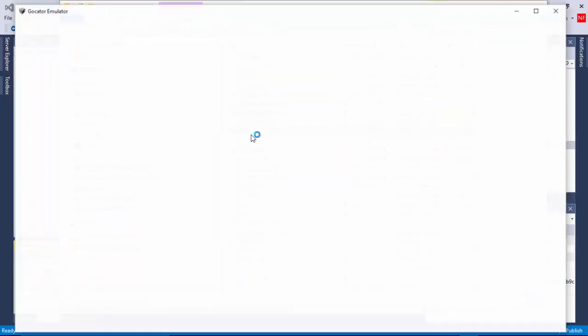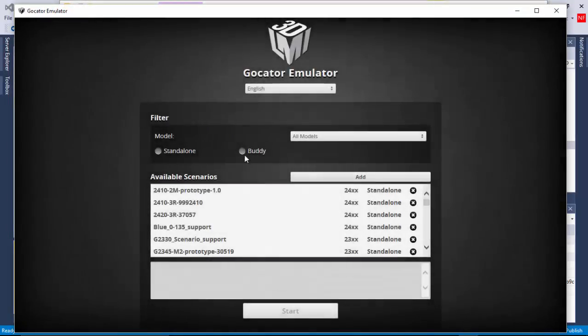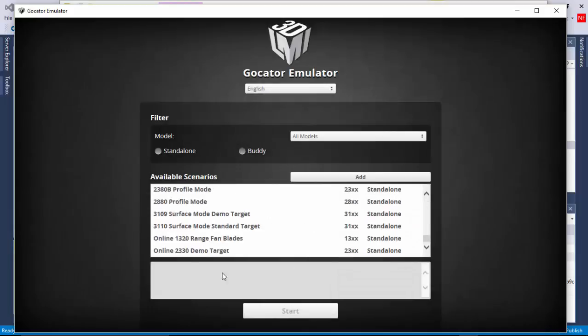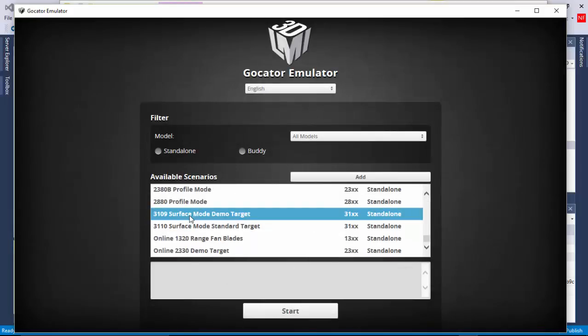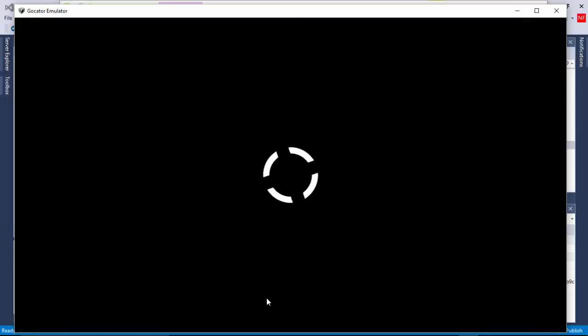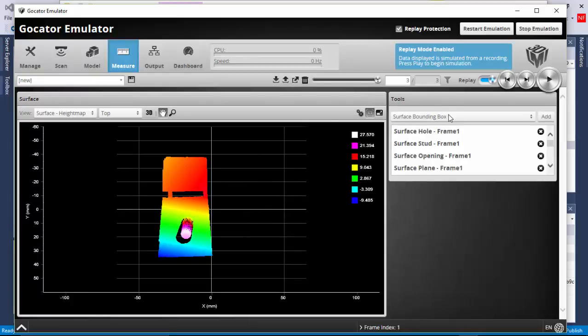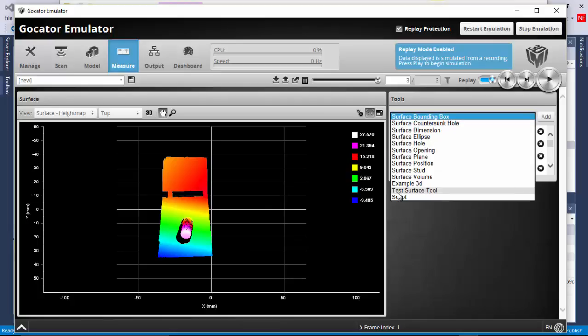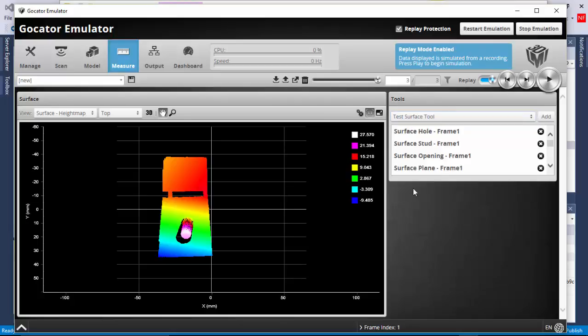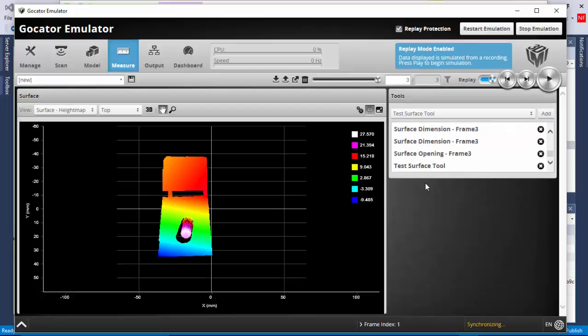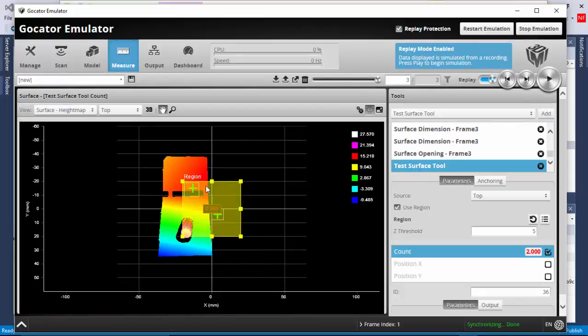So when I start up the emulator and I load an example scenario here in surface mode, we should see the new tool that's been added through this sample project. So in the drop down here, sure enough, I've got my surface tool, test surface tool. I can add this one in and perform the custom measurements that I've coded into that tool.